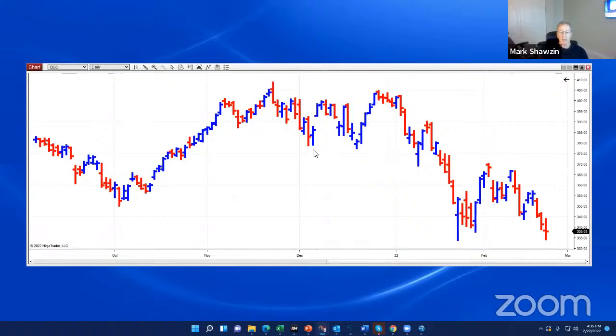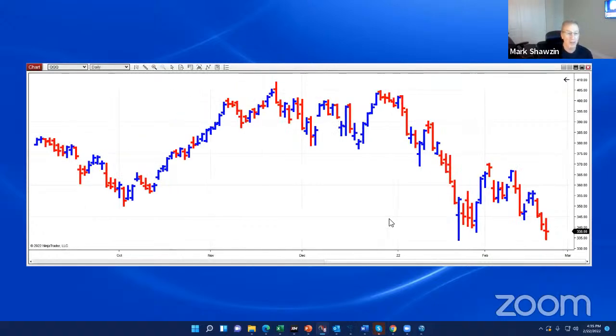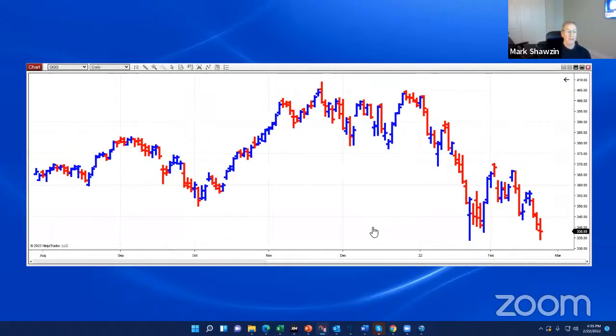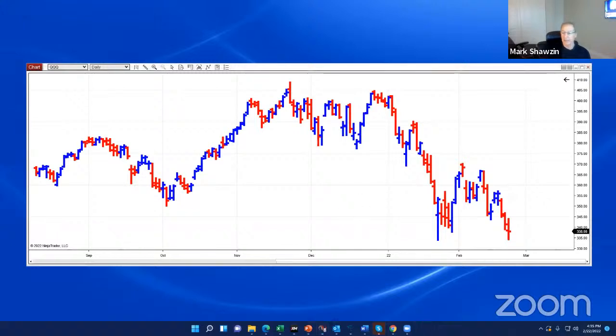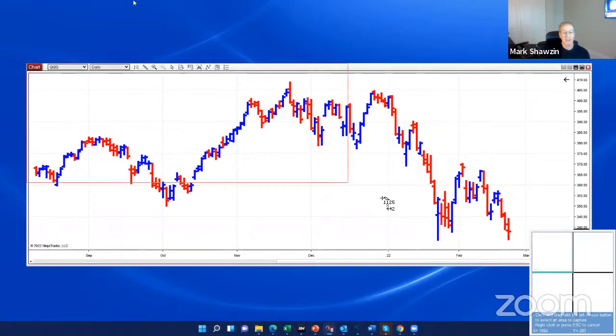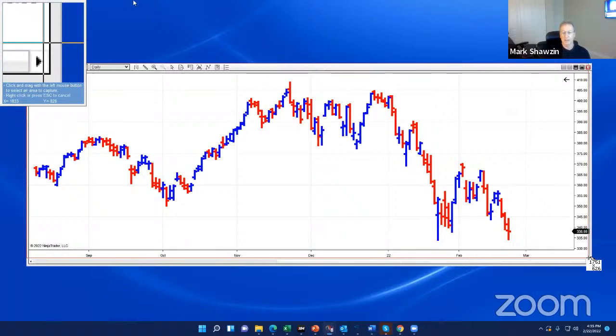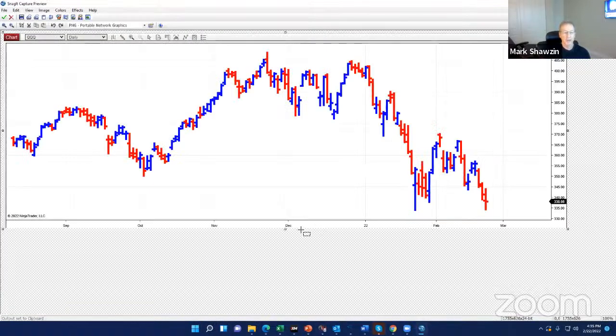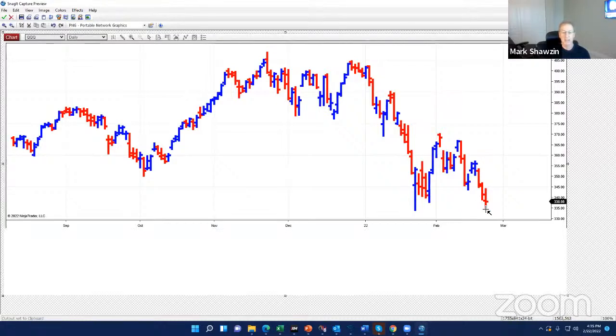And really what I was alluding to is that while we have considerable bear price patterns, we're now in an area that has a lot of volatility. Whenever you encounter a previous area that you've mined before, you can see today's low, we got exactly to where we got to a few weeks ago. And whenever you get to these key support areas, you always get a lot of volatility.